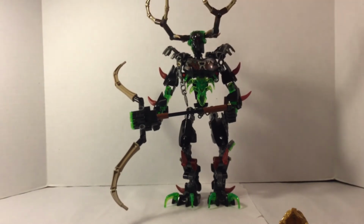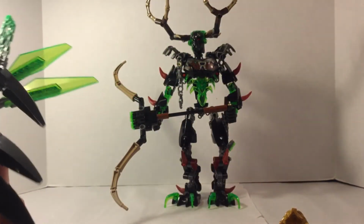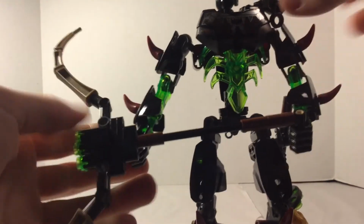So since I showed everything of Umarak the Hunter pretty much, I will show you guys Umarak united with a few of the creatures. I actually will show the ones he was united with in the Netflix TV show, The Journey to One, which were Kitar, the creature of stone, and Uxar, the creature of jungle. Uxar I'm going to show first. So yes, this is how I position Uxar when he's about to unite with Umarak. Usually I take his armor pieces off, like the Shadow Trap pieces, because they actually fall off really easily when he's united with any of the creatures. So let me just...